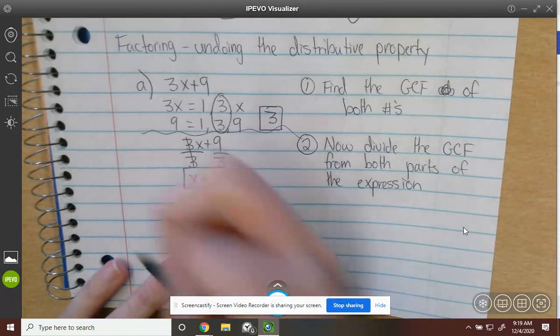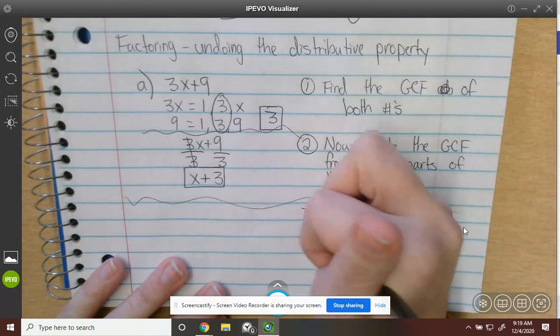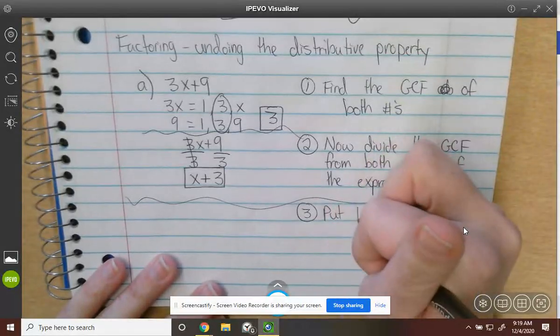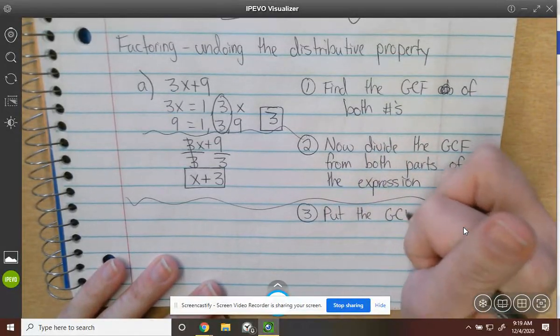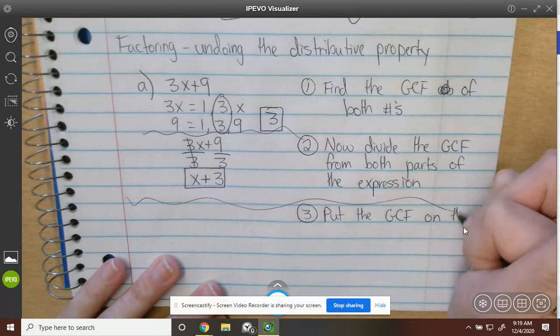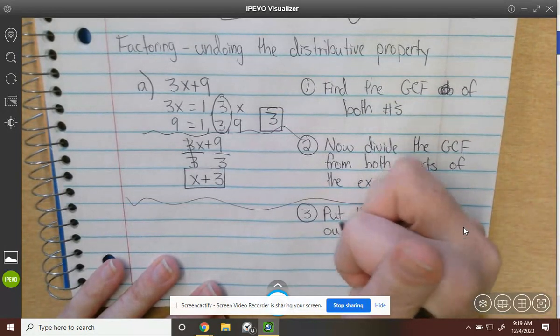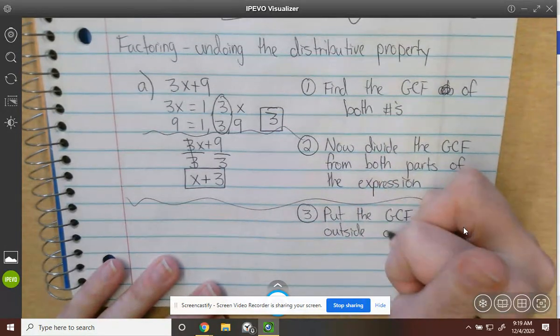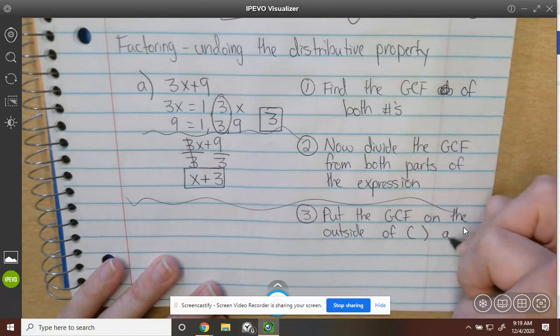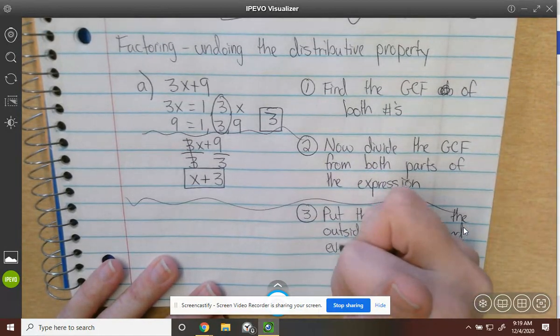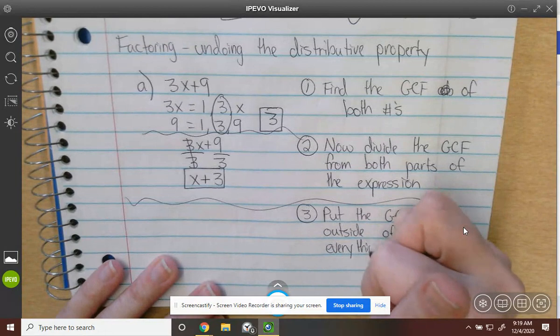All right, my last step, put the GCF on the outside of parentheses and everything else